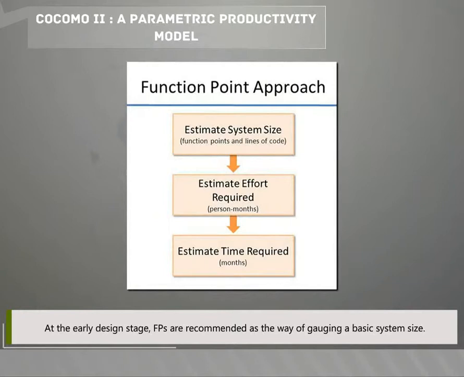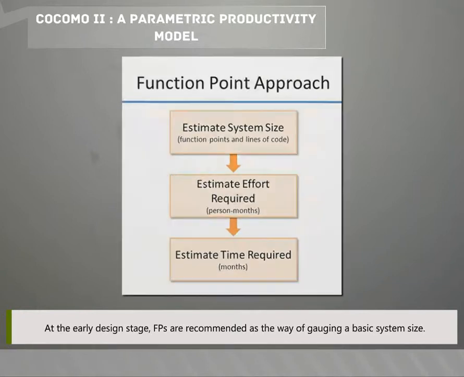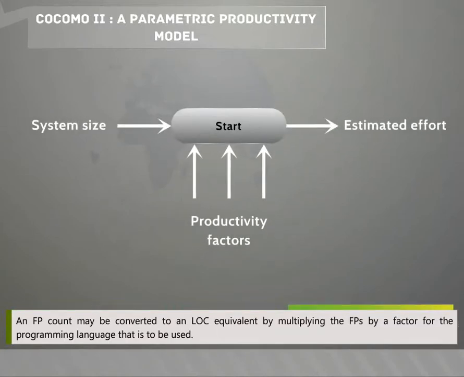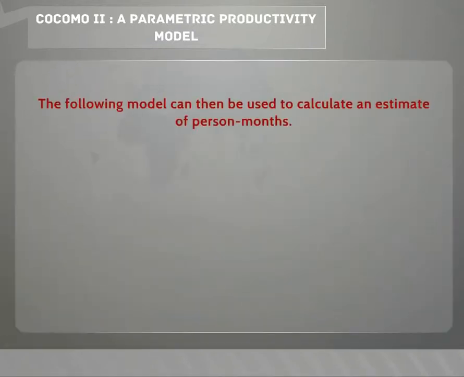At the early design stage, FPs are recommended as the way of gauging a basic system size. An FP count may be converted to an LOC equivalent by multiplying the FPs by a factor for the programming language that is to be used. The following model can then be used to calculate an estimate of person-months. PM = A × size × SF × EM1 × EM2 × and so on up to EMn,